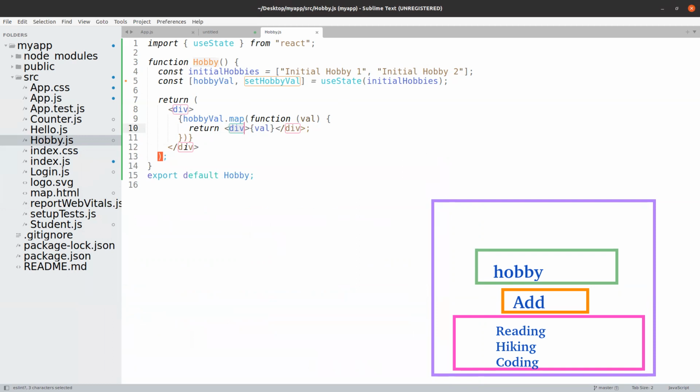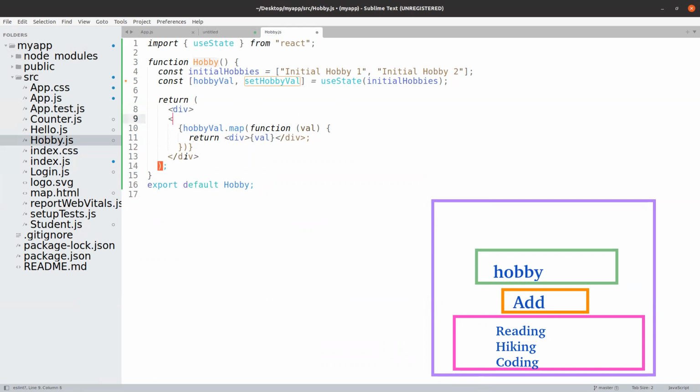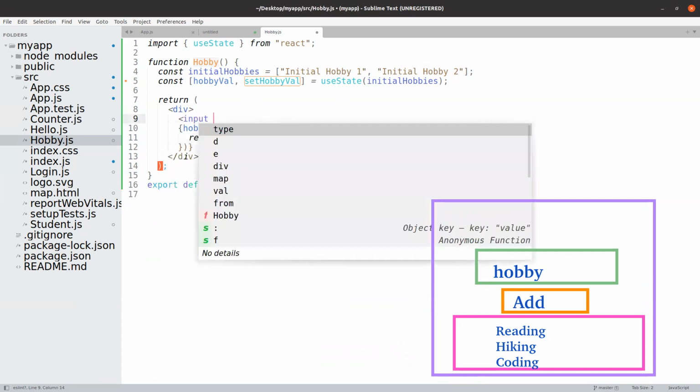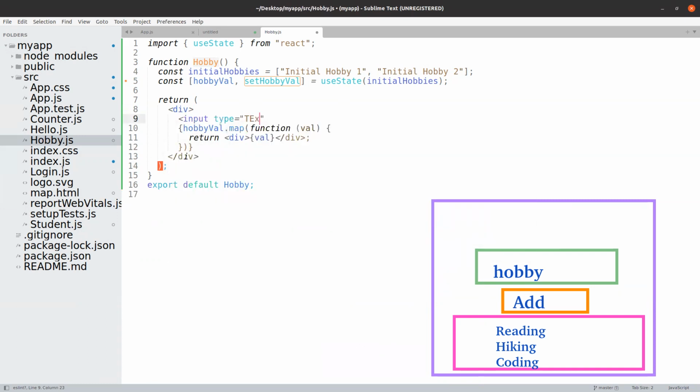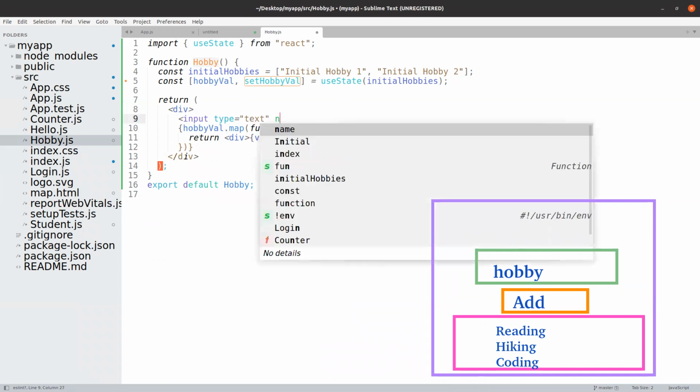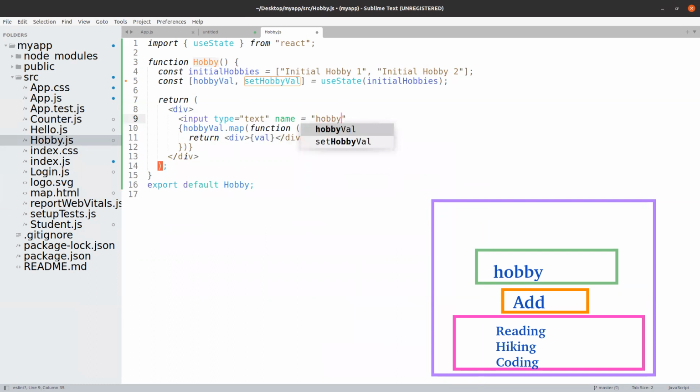So now that we understand how we can iteratively show values, let's try to now go further. Now the rest of the things are very simple. I am able to show the values. I will add now an input box, type equal to text, and then give it a name. Let us say maybe hobby. Yeah, and value equal to